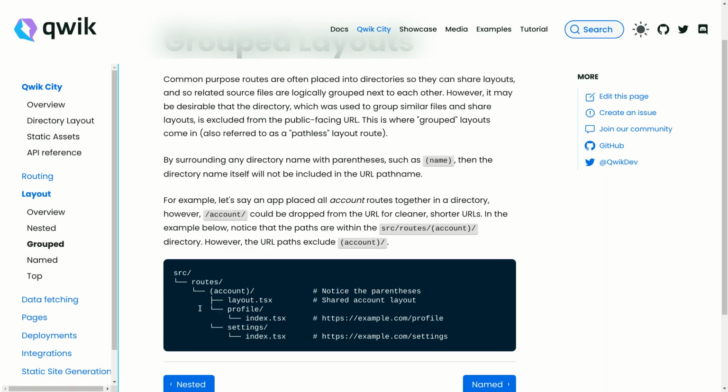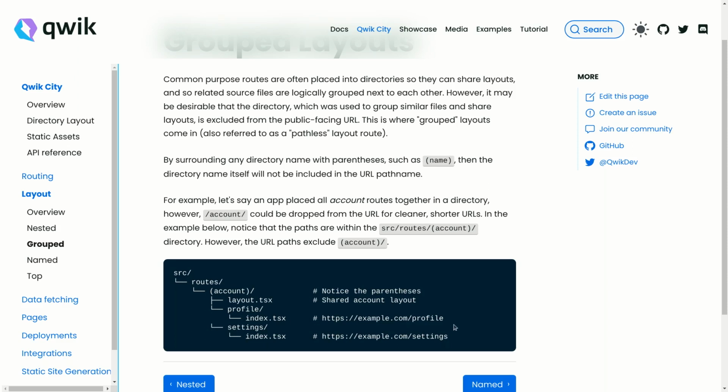They are using the same thing. If you indicate a folder name with this parenthesis, like I want to create an account folder, but in the account folder I want to create a number of nested elements at the same level, then for doing this I can use this parenthesis. By specifying this I can now create multiple routes at the same level. For example, if I create this profile, and within this profile I create this index.tsx, then it renders a path like